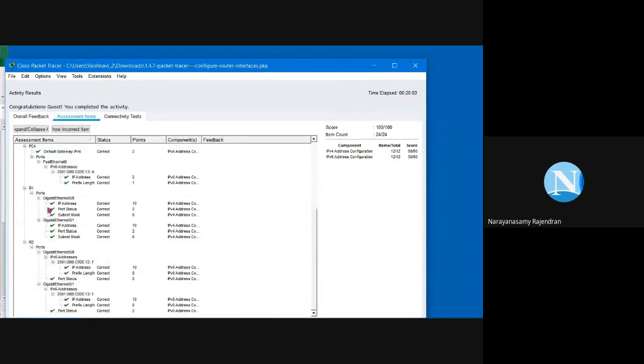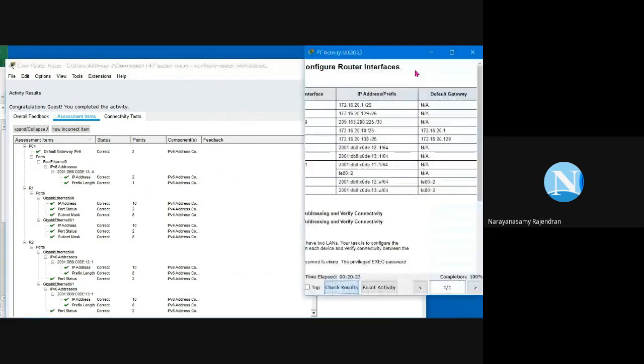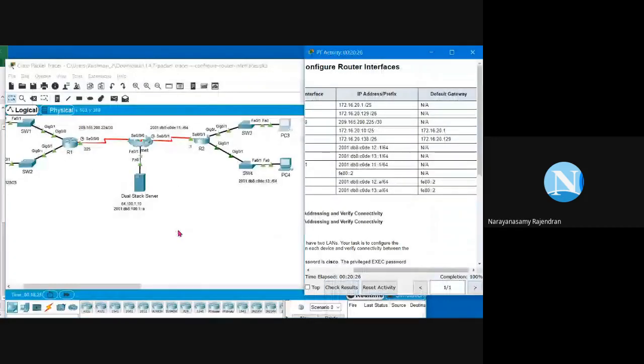If you have not completed anything, there is a red cross mark. Check that, repeat the commands, fix the error and try to complete it. Score 100 out of 100, items count 24 out of 24. It should be like this. Again, if you want to go back to the file, just close this. You will get the Packet Tracer file. Continue that. That's it.